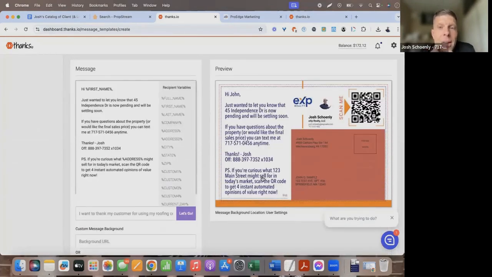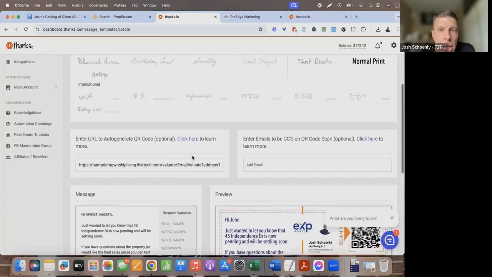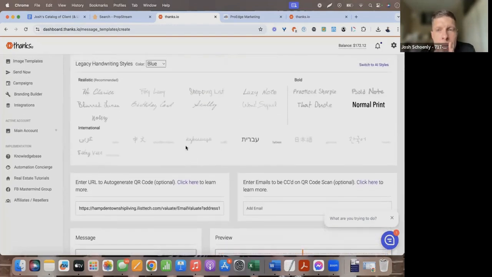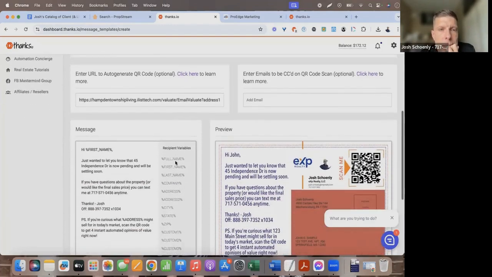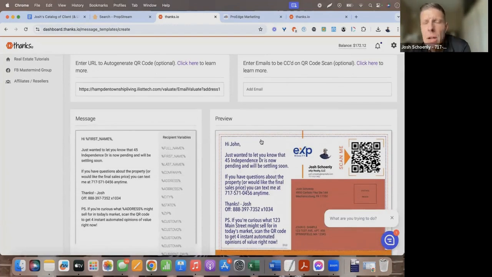That's worked for me. I think it's easy to read and I have evidence that it works and I haven't had any issues with it. But certainly you can play around with all of those if you want. Now, one other thing I'll point out here before I save is if you have someone else on your team that you would like to be CC'd